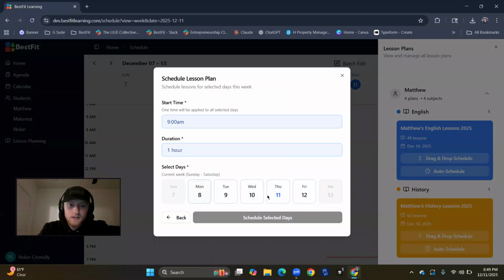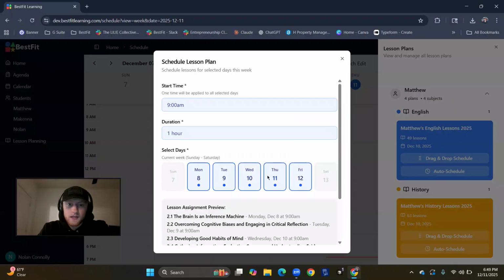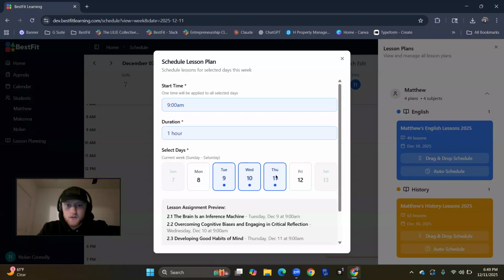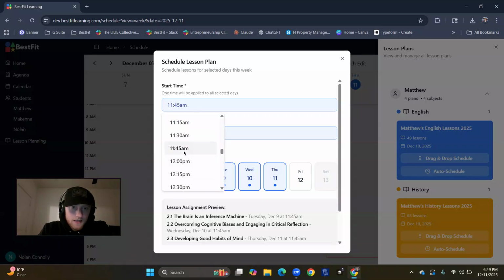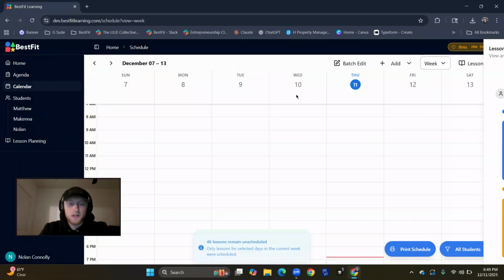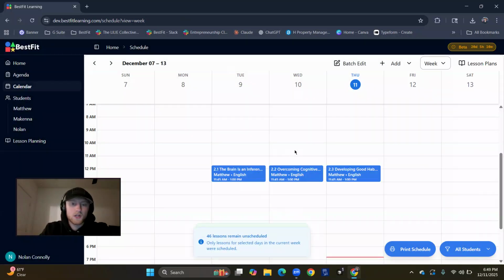And you can see that it's going to bring up the current week. So you can do this on every Sunday if you'd like. And I can select what days I want to do this on. Let's say we're just going to do Tuesday, Wednesday, and Thursday. Let's be a little bit more specific this time. We're going to say it's 11:45. It's going to take an hour and 15 minutes. So we're going to schedule those 3 days, and they're just going to go in order again with the lessons